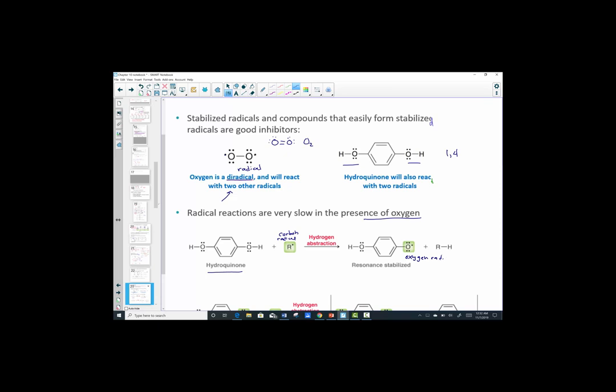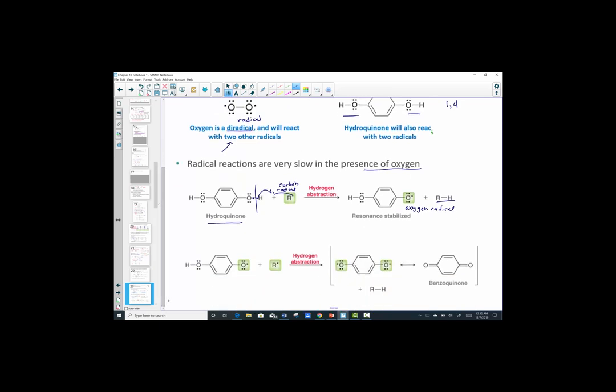And what's happened in that hydrogen abstraction, this hydrogen, this bond here, was cleaved. So we see an RH has formed,